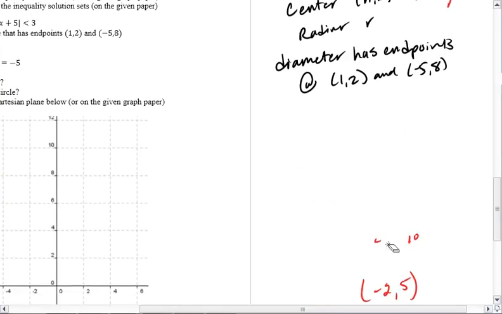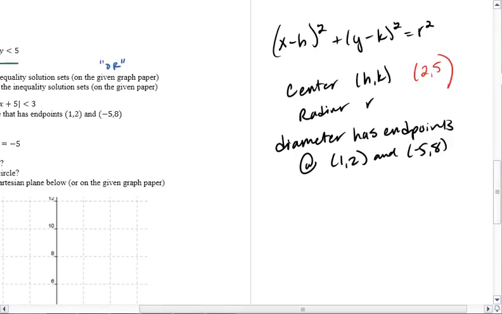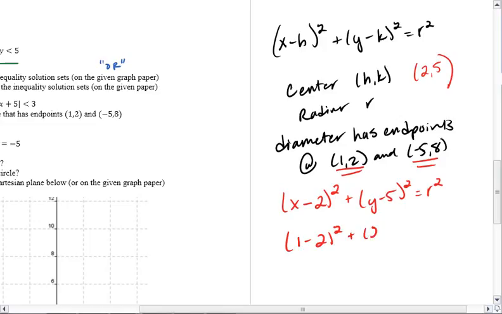We also know that our circle has to pass through the endpoints of this diameter. So we can use the general equation of a circle, plugging in the h and k values. We need to solve for r squared, and we do that by plugging in one of the diameter endpoints for x and y. I'm going to pick the first one, the ordered pair 1, comma 2, plug in 1 for x, 2 for y,